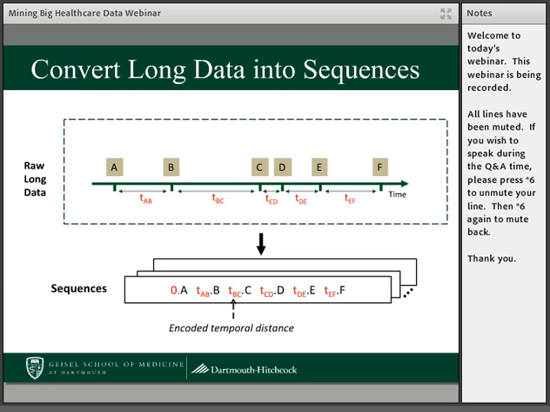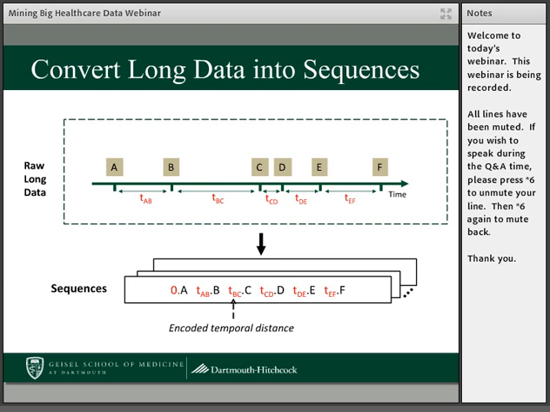The way this pattern is modeled is that what's in red is appended to the event. That's the amount of time between the events. For the first event, there's no previous event, so it gets a 0. And then the second event, B, gets the amount of time that occurs between A and B incorporated, and so forth. So we incorporate the timing into the sequence representation so that we can use that information to determine delays and other factors that are occurring.